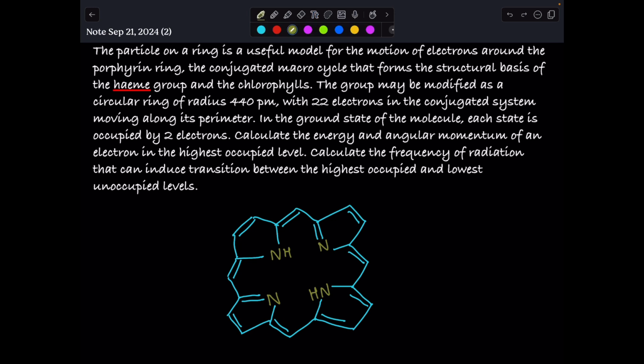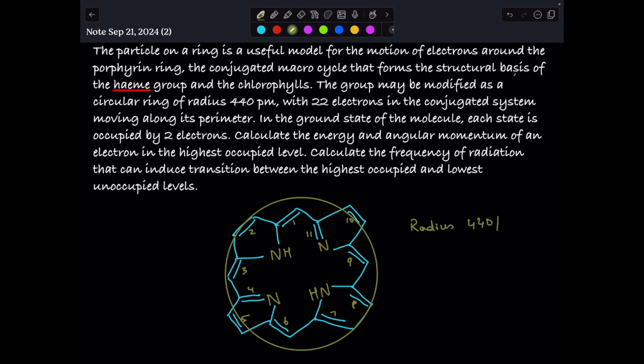There are 22 electrons in the conjugated system, which means there should be 11 pi bonds. Let's count them. 1, 2, 3, 4, 5, 6, 7, 8, 9, 10, 11. And this is in the form of a circular ring like this. So we can consider the motion of these pi electrons in the circular ring, and the radius is given as